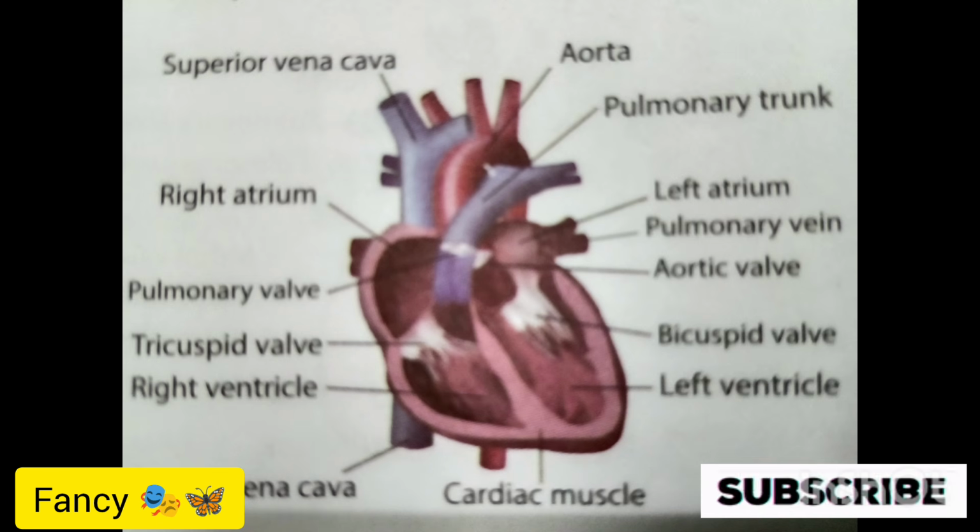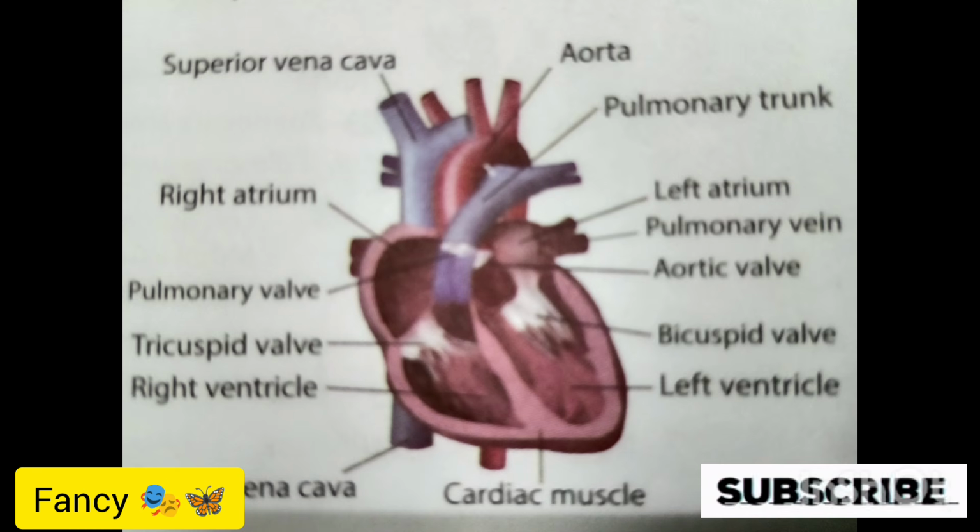Now this is the internal structure of the human heart, children. Again, you have the same structure as we have seen in the external part. The difference between external and internal is that you have the inferior vena cava here, and the cardiac muscles will be shown very clearly here. Okay, so now let me explain